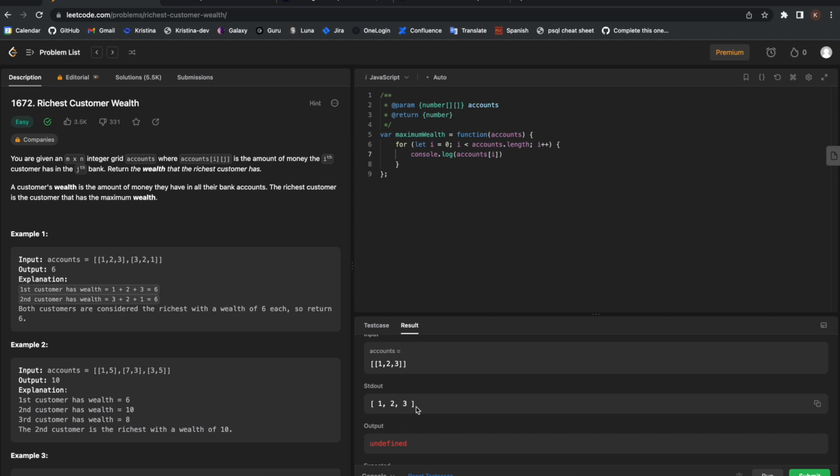So in this loop here, each accounts i is going to be an array. And I know that for me to get the sum, I'm going to have to drill into this array as well so that I can get each individual number. So I'm going to do a nested loop. So within here, we'll just do j equals 0 because we'll start at the beginning of that array, while j is less than accounts